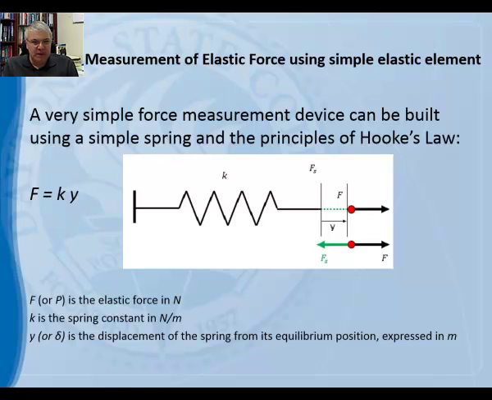Simply, an elastic spring is a type of spring that, if you pull it to a certain extent, or if you apply a force, it will deform by an amount y in this case, or delta. This is a little y shown up here. So originally the spring is at rest and there are no forces applied, that's what we have right here, and